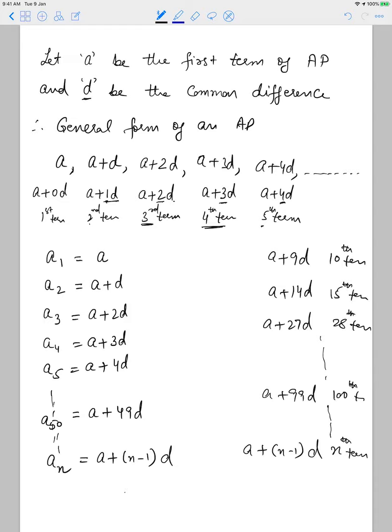This is how we create the formula for the nth term of the AP, which is A plus (n minus 1) into D. It represents the nth term of the given AP, where D stands for the common difference of the given AP and A stands for the first term of the given AP. So now we have seen that if any AP is given to you, you can always find out the first term and the common difference of that AP, as we have done in the previous questions.